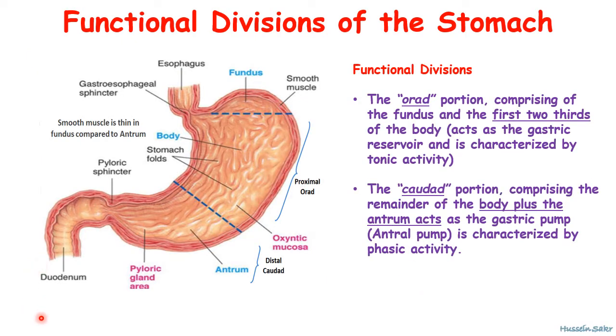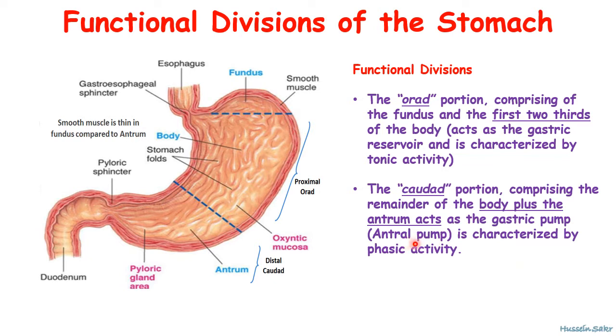Functional division of the stomach. The stomach is functionally or physiologically divided into a proximal part and a distal part. The proximal part, which is composed of the fundus and the proximal two-thirds of the body, is characterized by a thin muscle wall, so it is adapted to the reservoir function of the stomach. While the distal part, including the pyloric antrum, is going to produce pumping of the gastric contents, so it is known as the gastric pump or